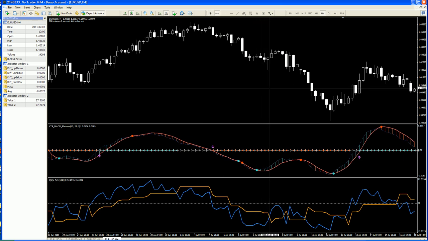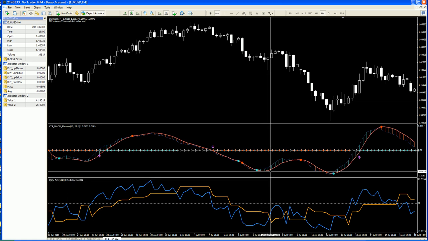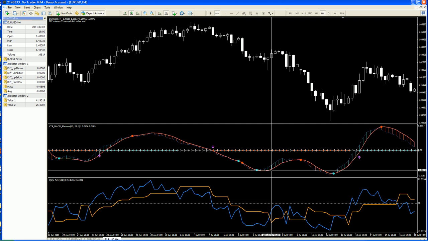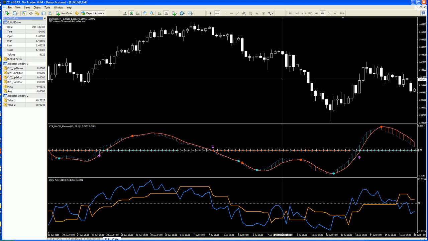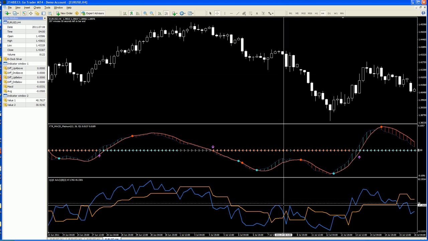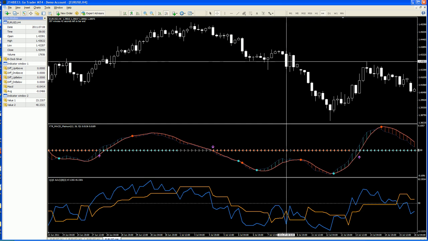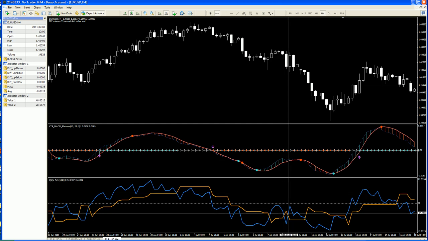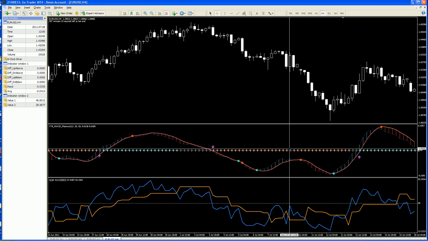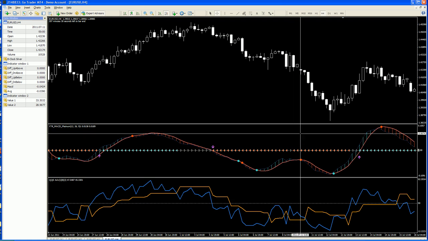Now we've got a long going here, so we've got a blue dot. We've got a long signal on the QQE. All short trades are closed, and we go long. Now again, we have a cross on the QQE, and that would put us in a loss position, so close the trade completely. Then again, we've got another cross here, and we're still long on the MACD. Again, we go long and stay long, and again we've got a red dot,